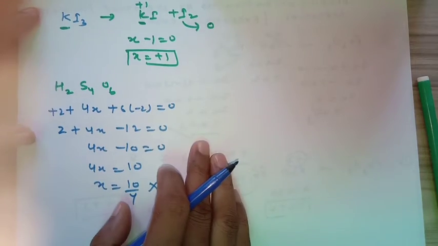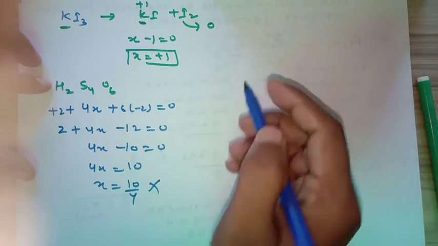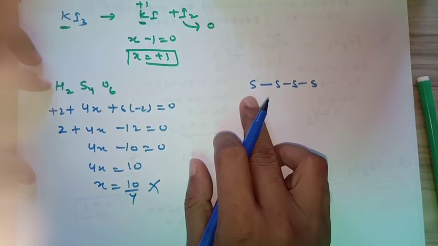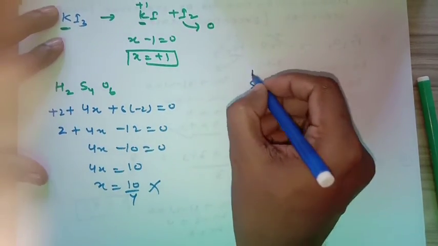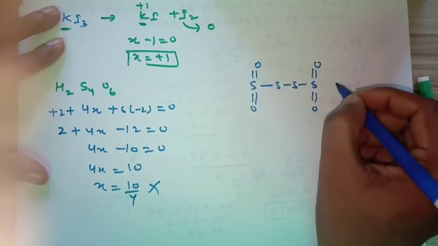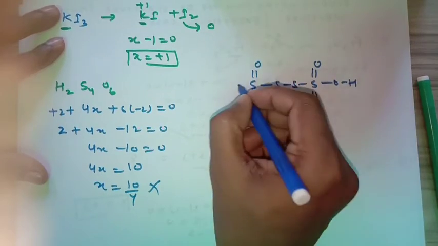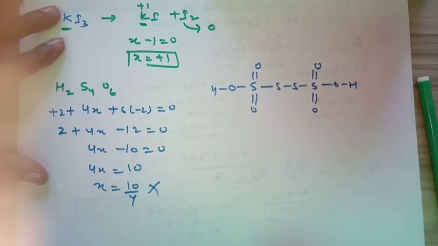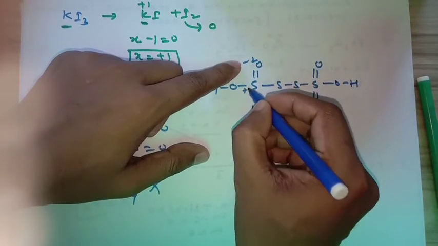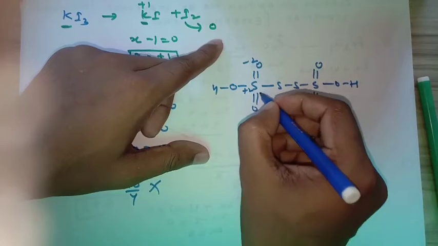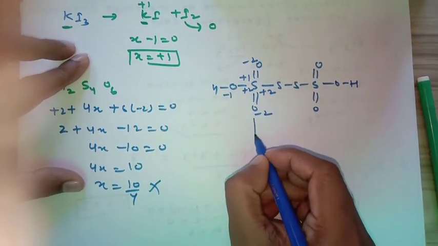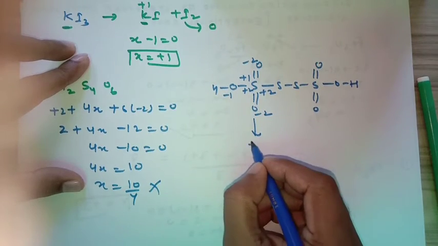So we'll take a structural method because there are 4 S. So it will be drawn as S, and each sulfur contains 2 oxygen with double bonds. So it will be double bond O, double bond O, and there is 2 oxygen left, so it will come up with 2 hydrogen. Now each double bonded will contain minus 2, so reverse it will contain plus 2. This is minus 1, so this will contain plus 1. So oxidation state of sulfur 1 is plus 5.